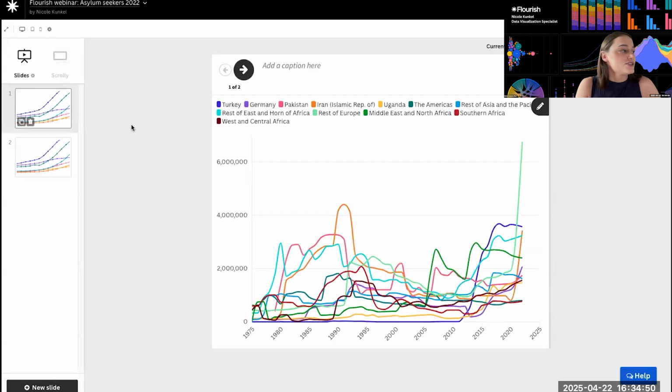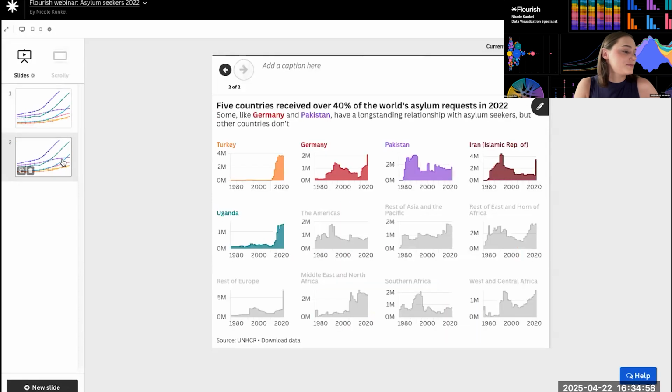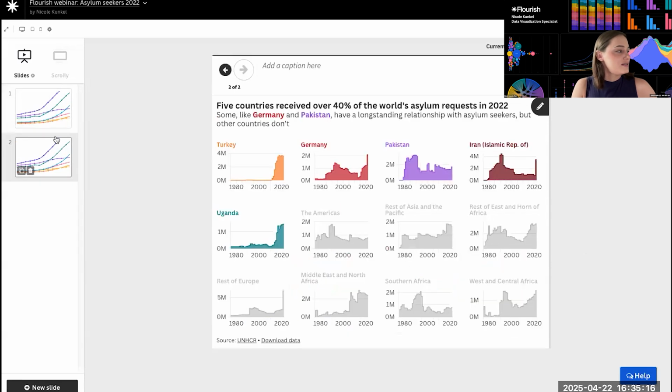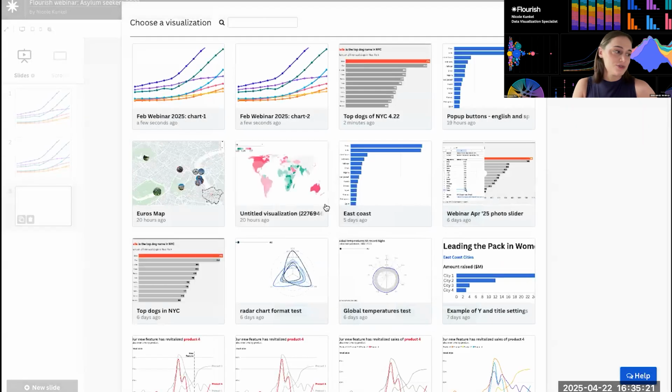And the way we can do this is through our data story, creating a story, in Flourish. Anytime you create a story, notice that there's no editor panel on the right-hand side. Now we're just focused on how we want to layer charts, move through charts on this left-hand corner. You can add new slides with this button. Choose your visualizations, which is why I think it's important to name your visuals in a way that can be easily identified.